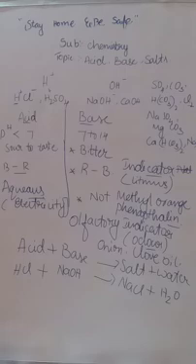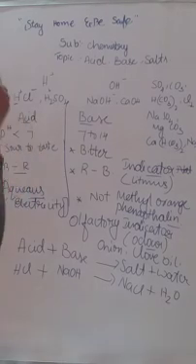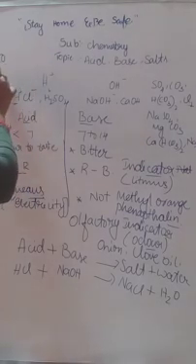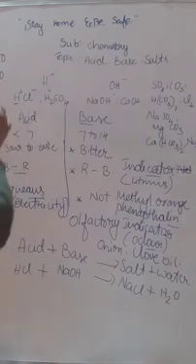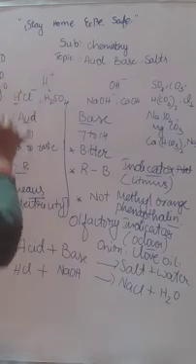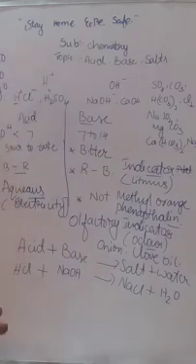If an acid and a base react with each other, they form a salt and water. In the same way, how do metallic oxides react with the acid? If any one metal is mixed with oxygen, if copper is mixed with oxygen, that forms cuprous oxide. If zinc is mixed with oxygen, that forms zinc oxide. If magnesium is mixed with oxygen, that forms magnesium oxide. Like that, these are all called metallic oxides. Metals mixed with oxygen are called metallic oxides.